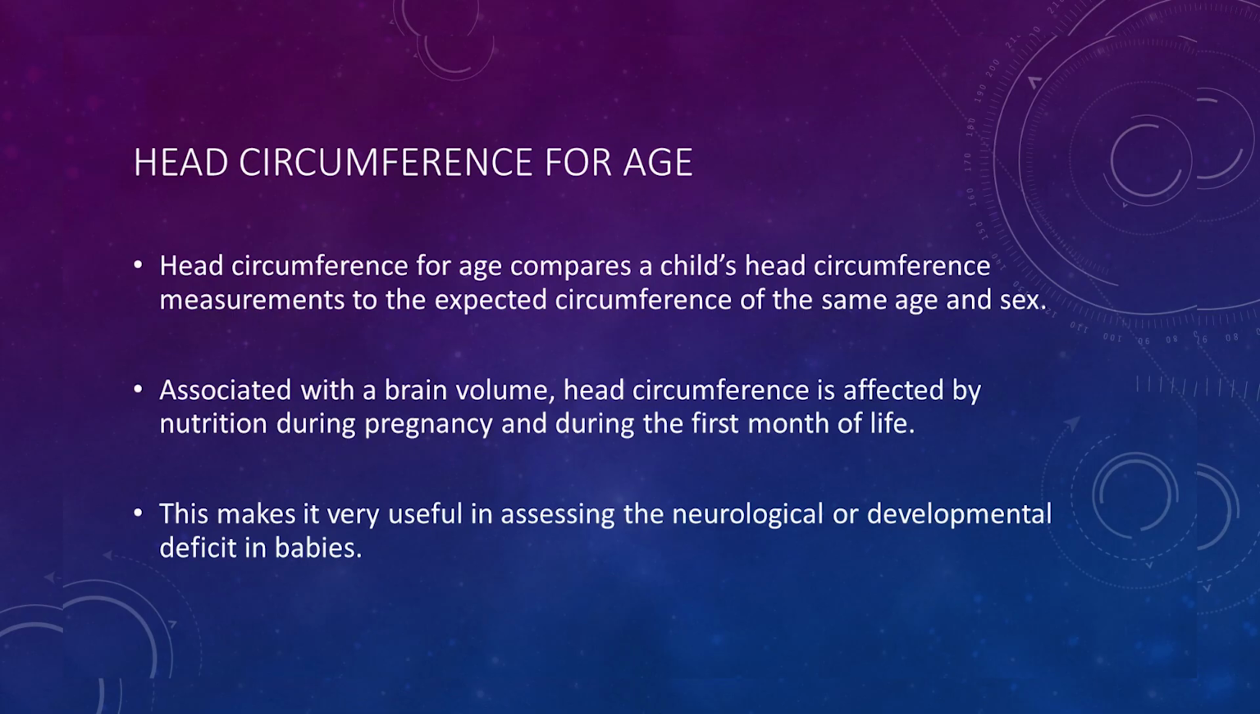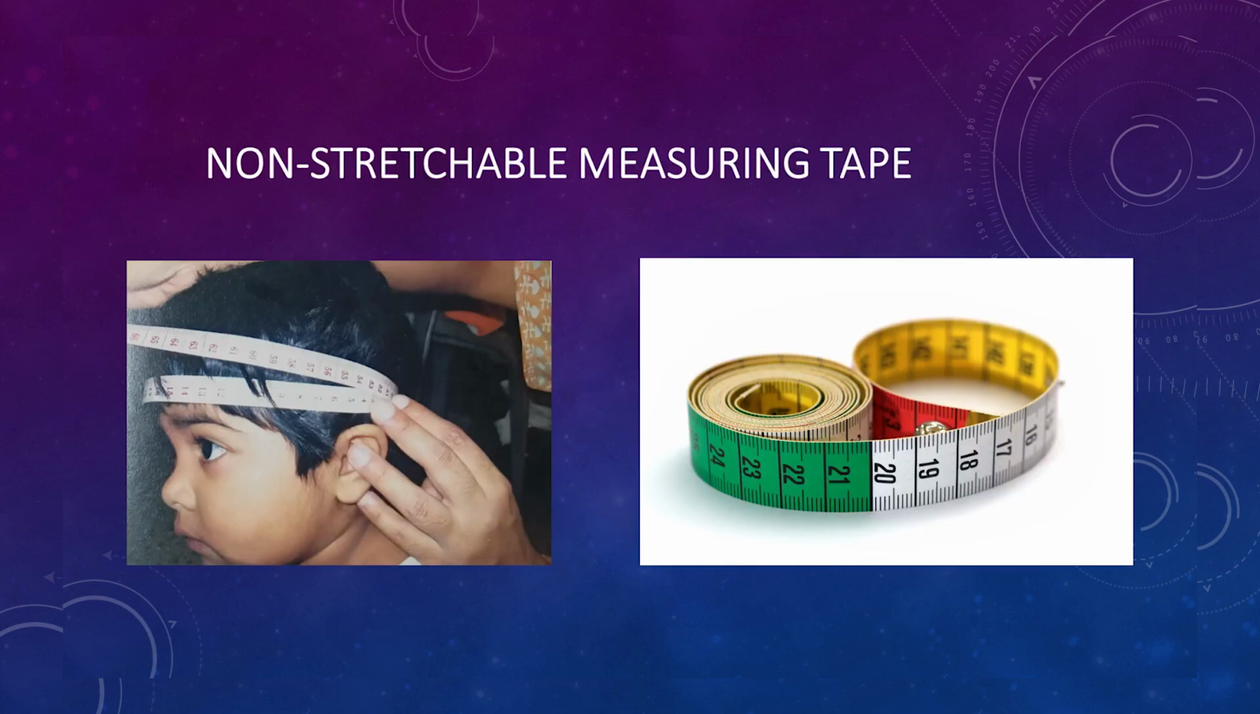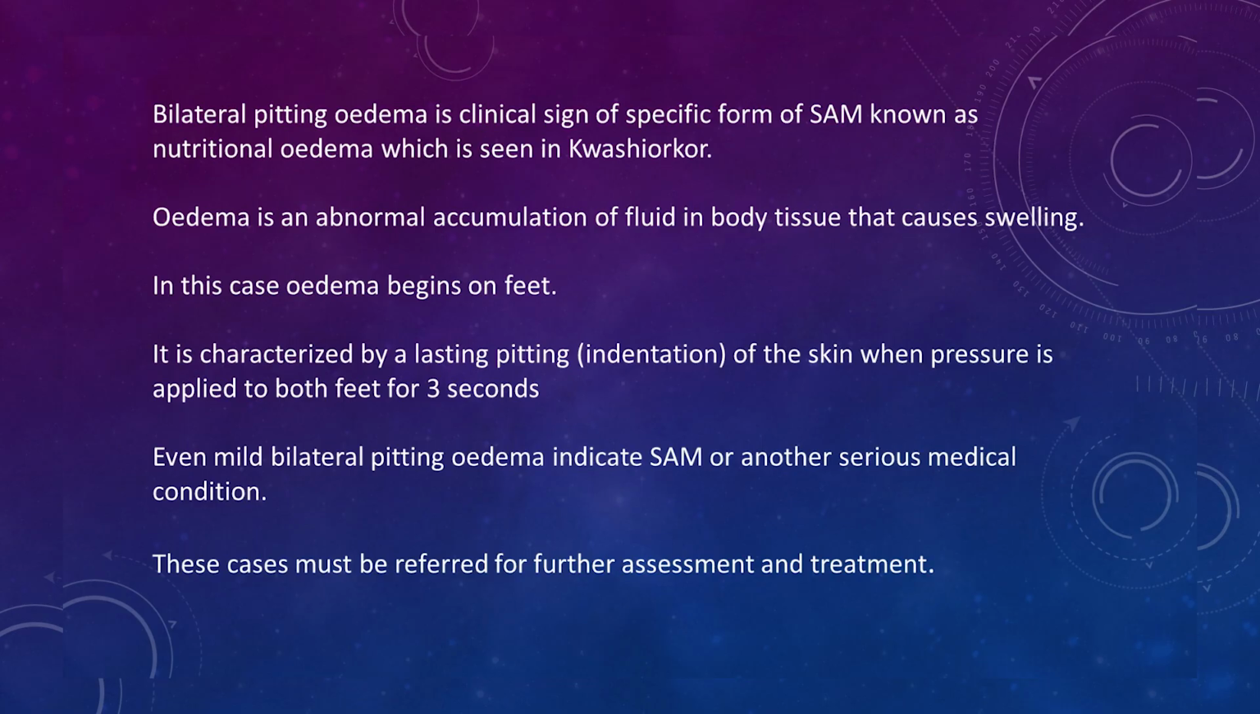As we have already studied microcephaly and macrocephaly, we have seen the causes of micro and macrocephaly. Diagnosis of microcephaly and macrocephaly can be done by this head circumference measurement, and for that you can see in the slide, this non-stretchable tape is used for the measurement of the head circumference. Edema is a sign of malnutrition, and we observe it mainly in severe acute malnutrition